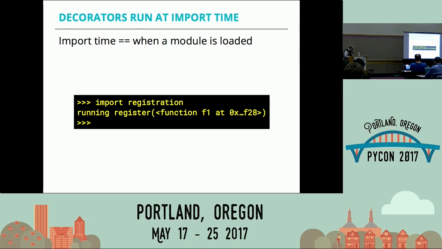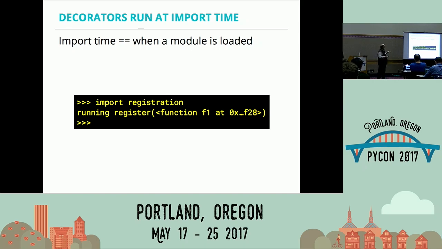The third aspect that's important about decorators is that decorators run at import time, okay? And this is another thing that's different between, for instance, Python and Java and lots of other static languages, is that, for instance, Java also has an import statement, right? But the import statement in Java is merely a declaration to the compiler. You're telling it, look, I'm going to use stuff that's in this package. So you're just telling the compiler where to find this stuff, okay? In Python, the import statement does that, but the way it does it is different because it's really an executable statement. The import statement in Python means you're telling the interpreter, load this module. And when it loads the module, it will run anything that's defined in the top level of that module,